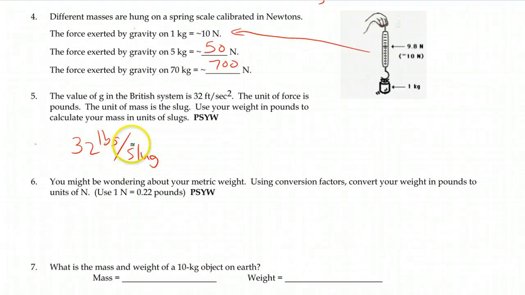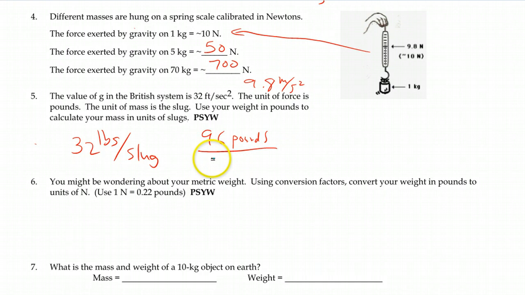Okay, so in the English system, if it's 32 feet per second per second, just like 9.8 meters per second squared is the acceleration due to gravity in the international system, and that's 9.8 newtons per kilogram, we'll have 32 pounds of force for every one slug. So if you weighed, say, 96 pounds